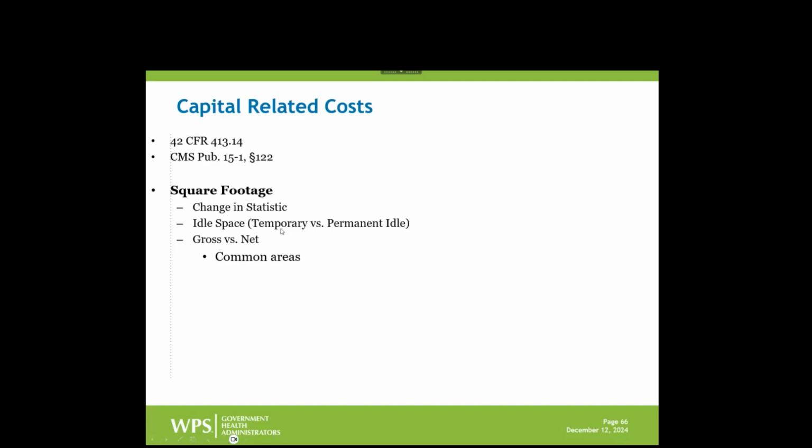If it's temporary and you have a plan, but you had to pull it out of service for just a period of time, again, for a reasonable amount of time, it can still remain with the original cost center that it went with. But if that goes past a year, we're going to start really looking into it. That's the point.